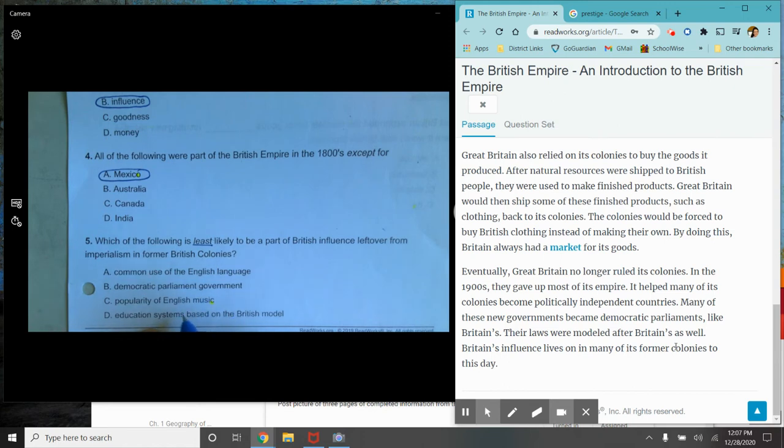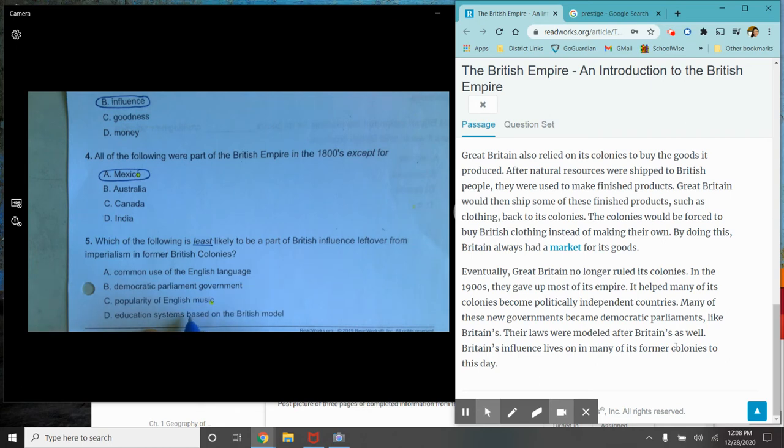Education system. Well, education system would be the schooling, how kids are separated by grades, teaching children English. So if they're speaking English, that means they're teaching English. And English music, well, English music is all over the world. But if we think of cultural countries like Africa, India, Asia, they all have their own music, right? Because that's a cultural aspect. And they're not talking about the culture, they're talking about the influences of writing and rules and thinking.